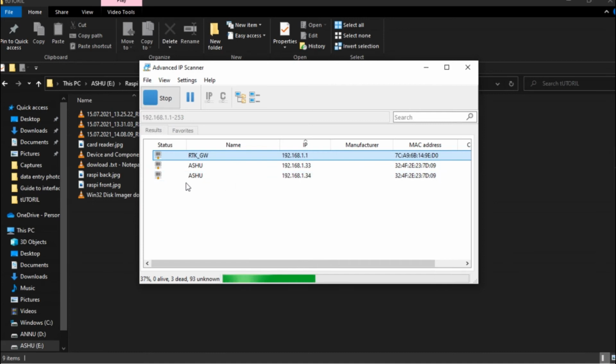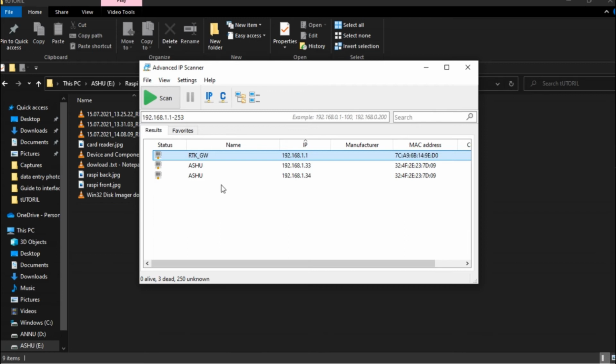It will be mentioned here, and the IP will be here. In my case, I still haven't got it. The black mark indicates it is offline. The blue mark indicates it is on. Raspberry Pi Foundation, I still haven't got.